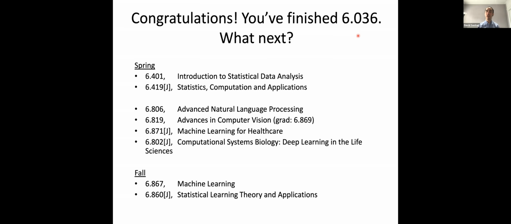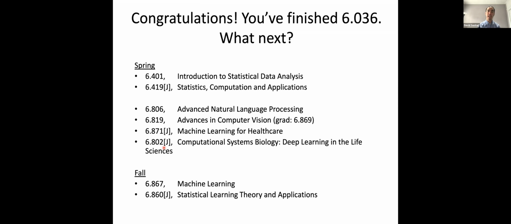So in terms of where to go next, I'd like to point out a few courses that you could consider taking in subsequent semesters here at MIT. These first two courses, 6409 to 6419, are very introductory courses, but focus on more data science aspects of machine learning than what we focused on in this course. The next set of four courses, 6806 up to 6802, are courses that are at a more advanced level, but many of these courses have both undergraduate and graduate versions, and they look at applications of machine learning